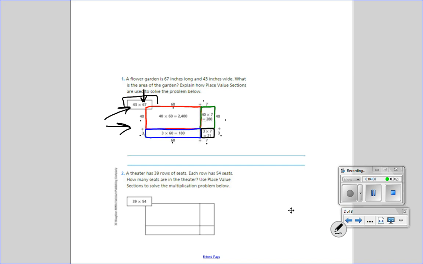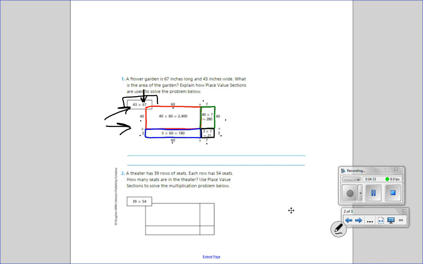So a flower garden is 67 inches long and 43 inches wide. What is the area of the garden? So place value sections are used to solve the problem below. So I have 4 different sections of this garden now. I have 2,400 in the red, I have 180 in the blue, I have 280 in the green, and I have 21